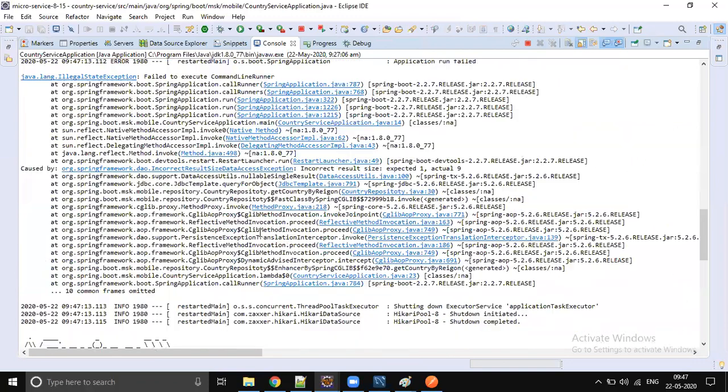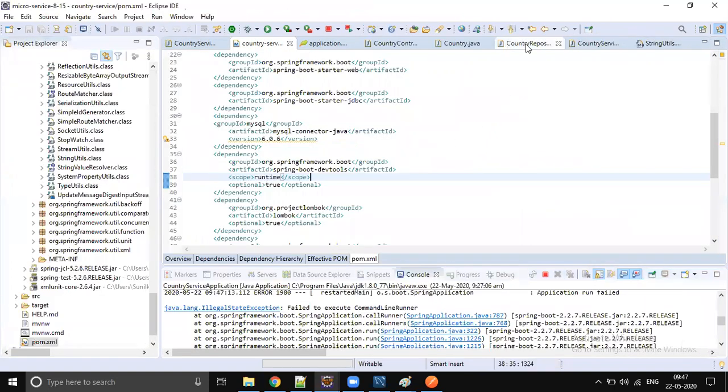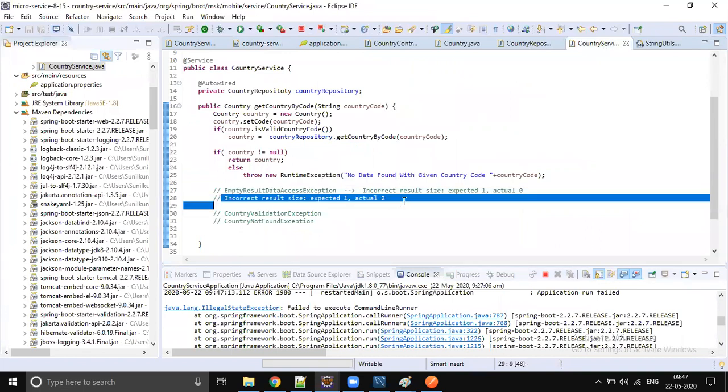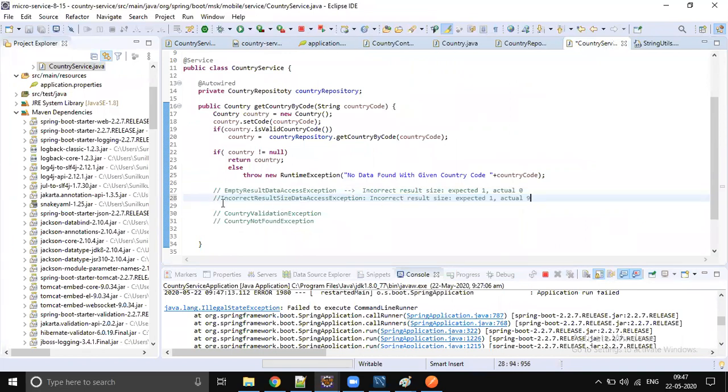Yeah. You get an exception, right? What exception did you get? Incorrect result size data exception. And you see this time expected 1, actual is 9. So I was not able to remember that exception name. So to get that exception name, I wrote this code. Yes. So these many exceptions you're supposed to expect, right? So this is the expected scenario.